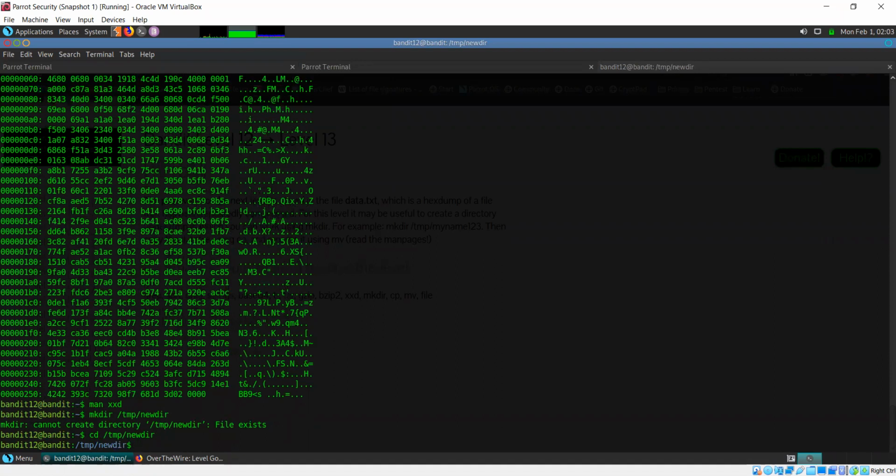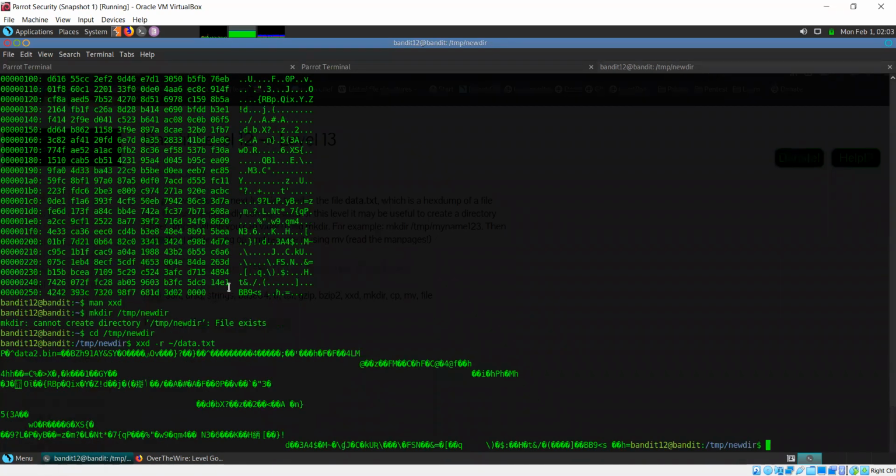And it's xxd -r data.txt, and I can just store it to a file here. So after we undo the hexing, this is the stuff that we get.